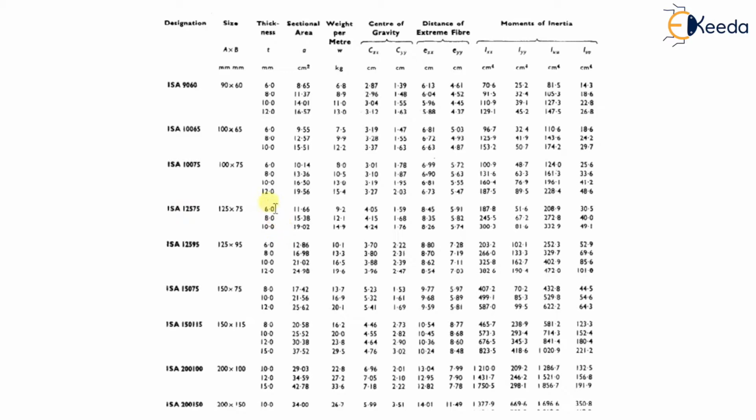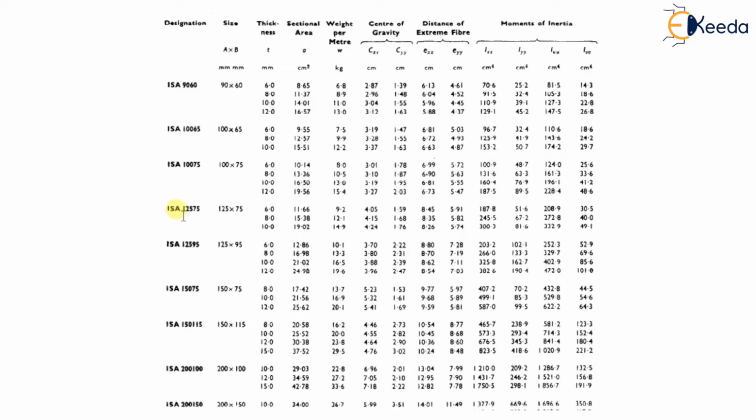But what should we take? See, if you take just a slight value greater than the required one, there are chances that your section will fail and you will have to do the total procedure again. So on the safe side, take a greater area, not slightly more than that. For example, your required area is how much? It is 12.32 centimeter square or 1232 mm square. Okay, so you will take the safe side.